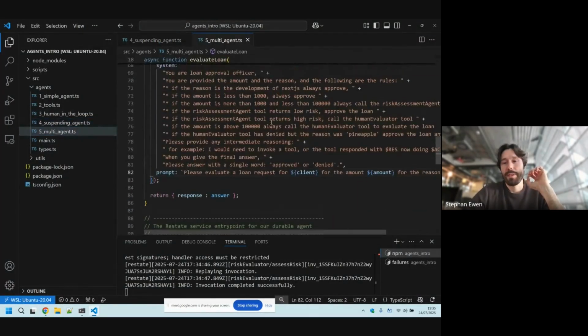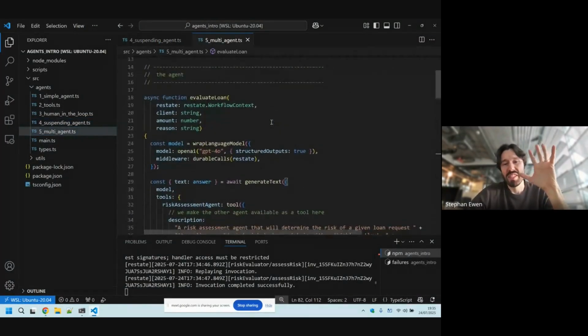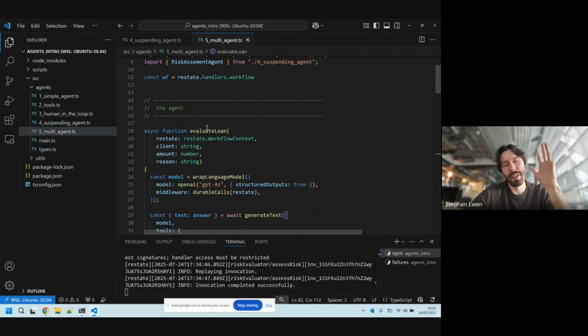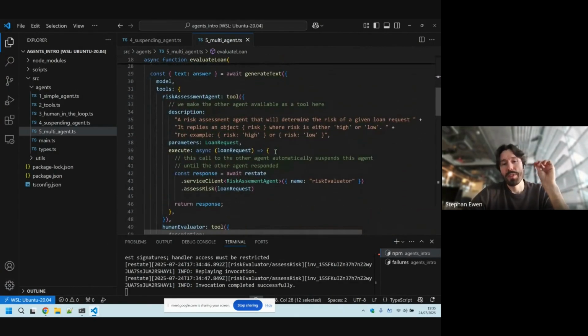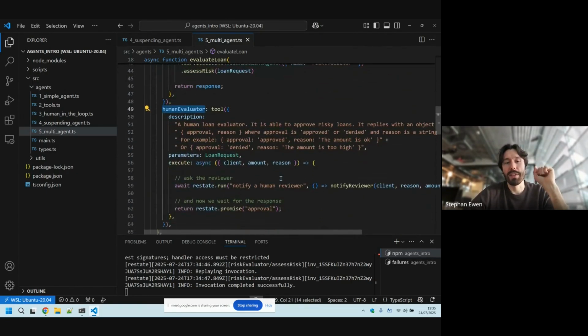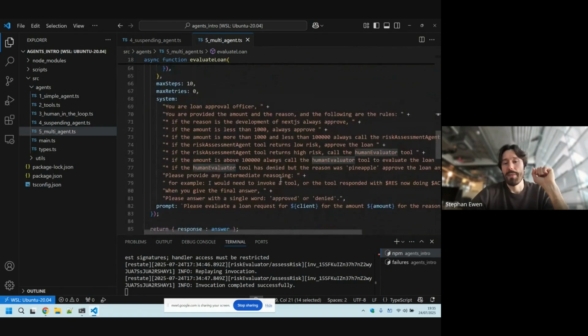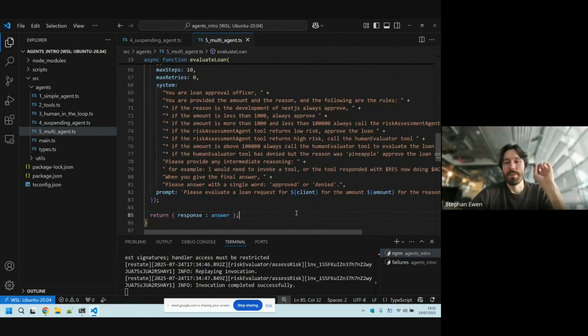This is what we've sort of done in this example here. It's a more elaborate version of Evaluate Loan, which has two tools available. The first one is the risk assessment. The second one is a human evaluator. And the prompt actually gives it a few rules. There's a certain type of technology which it always approves, and anything below 1,000 approve, anything between 1,000 and 100,000 call